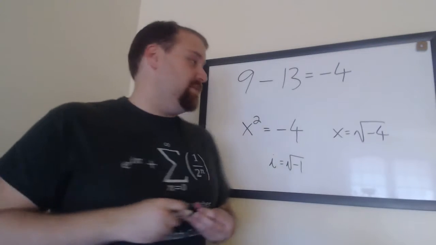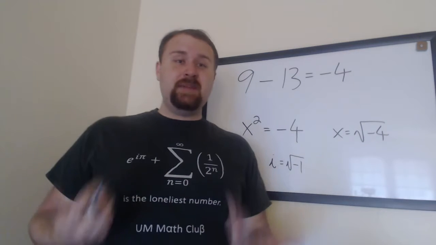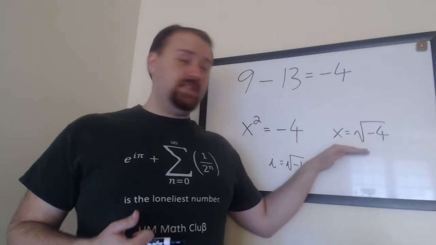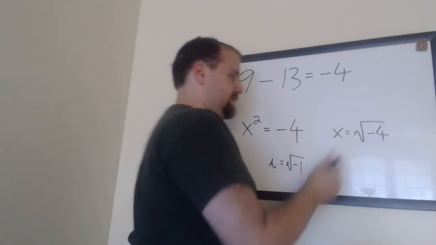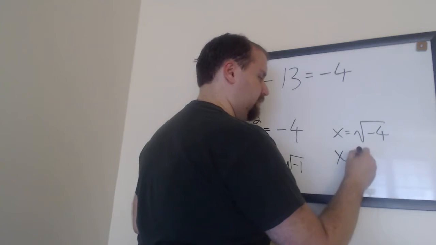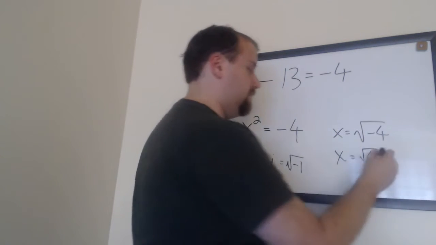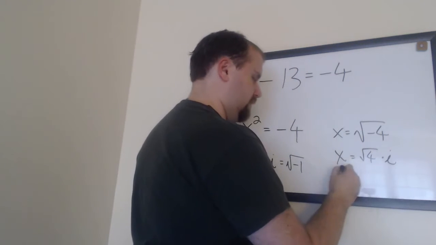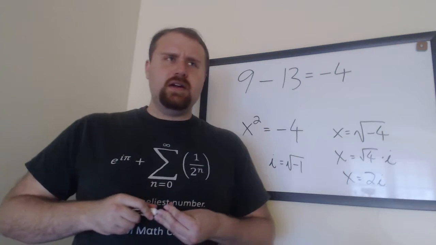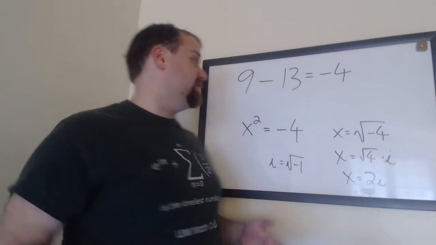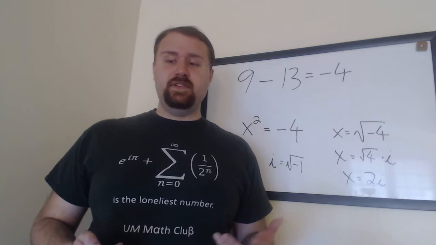which isn't a number in our traditional number system, or the real number system. So we expand it to include numbers that will fit this. And that's where the so-called complex numbers come from. This is simply x is equal to the square root of 4 times our little imaginary unit, i. And so we get x equals 2i. So in both cases, our idea of numbers expanded because we took this step outside of the norms. But what does this look like for division by 0?